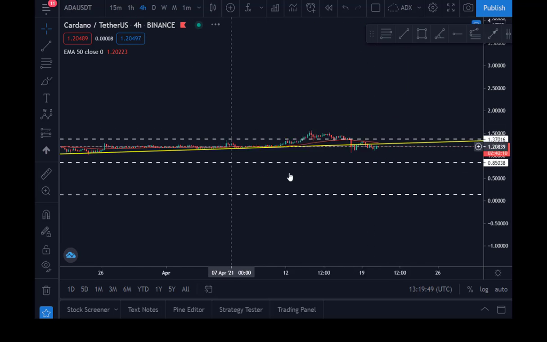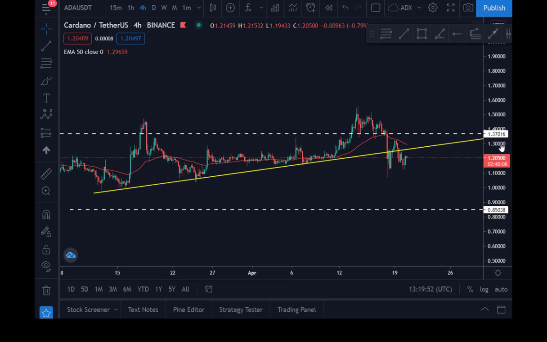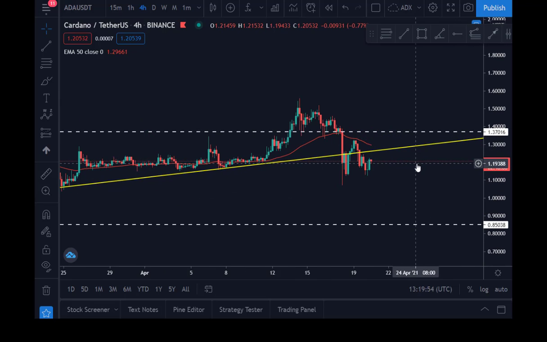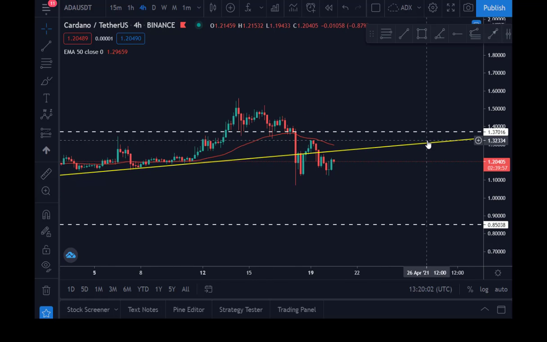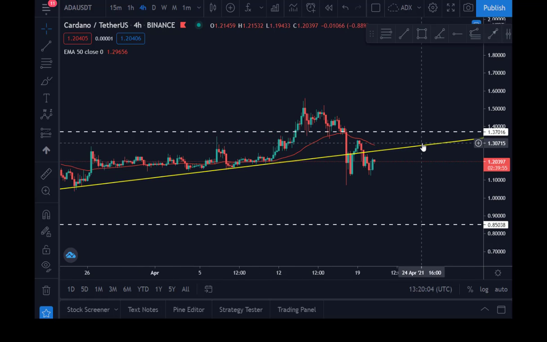So if you take a look from it on 4 hours, you can see the same thing applies. Cardano is weak. Okay, it's weak, so we're expecting something like here and come down. So this is what we're expecting from Cardano, and that's what Bitcoin and Ethereum is showing us also, that there's a weak momentum playing out there. All right, so just have that in the back of your mind.